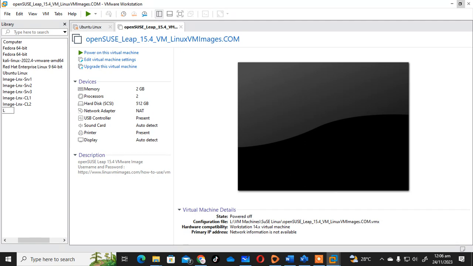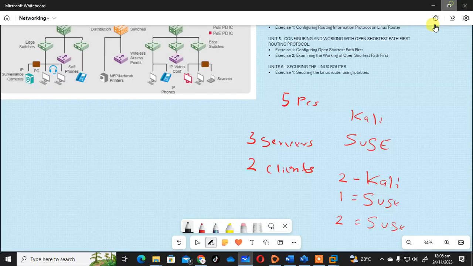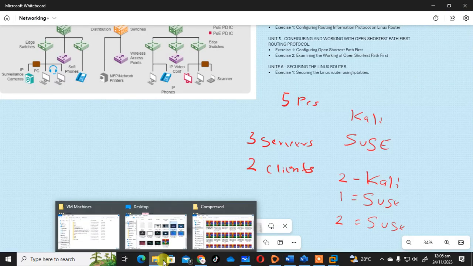I'll say Linux server 1. That's the name I'm going to give this one. And let me just come back, open my folders,